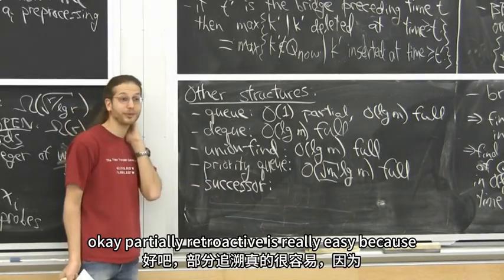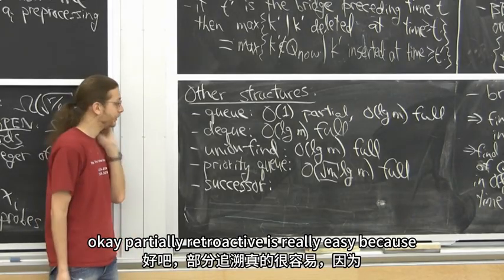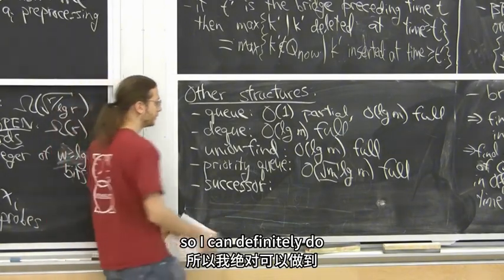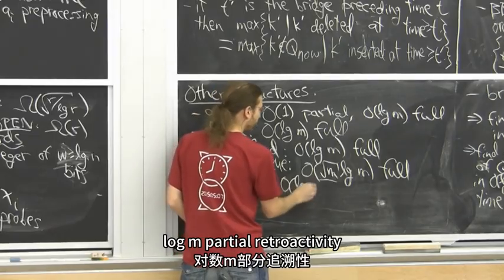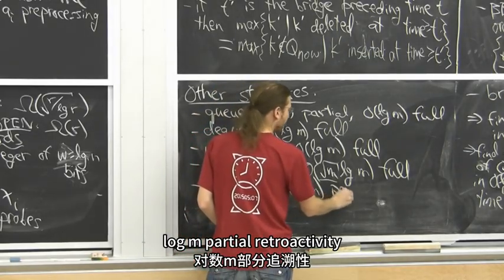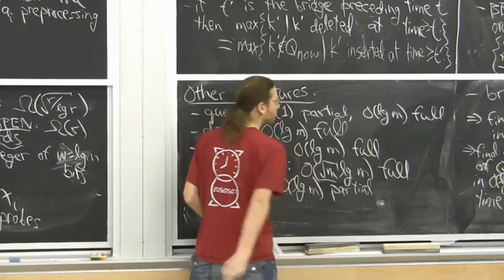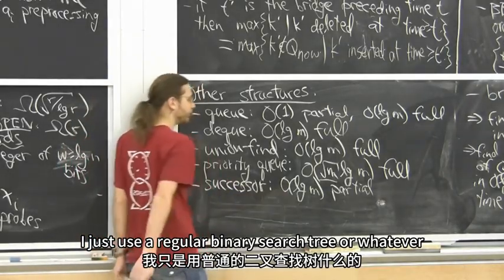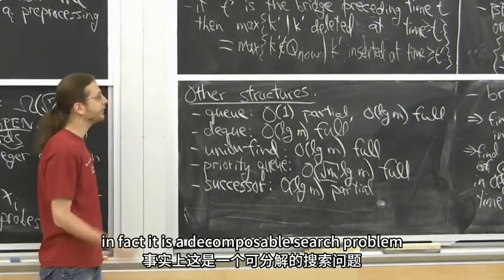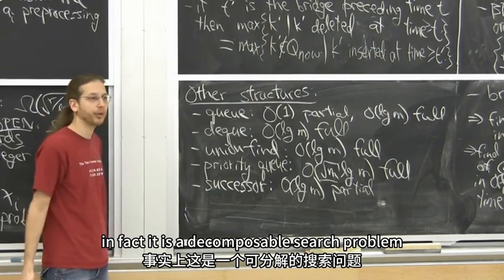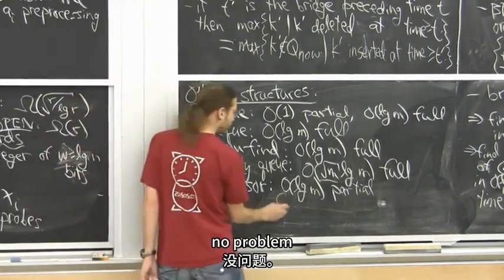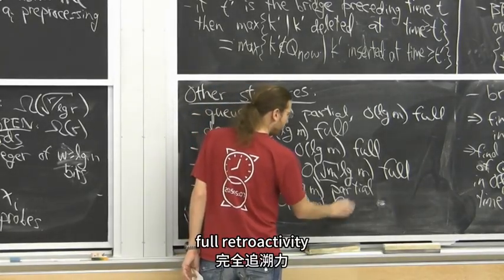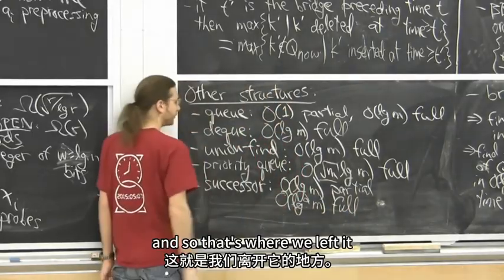Partial retroactivity is really easy because this is a search problem. So I can definitely do log m partial retroactivity. In fact, I just use a regular binary search tree or whatever. In fact, it is a decomposable search problem. So I get full retroactivity, no problem, but I pay a log factor. So I get log squared m full retroactivity. And so that's where we left it